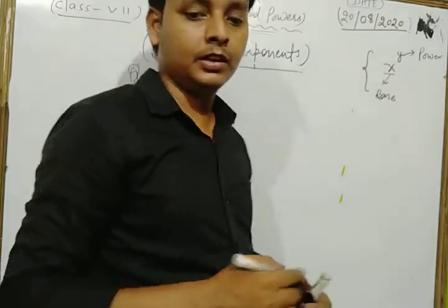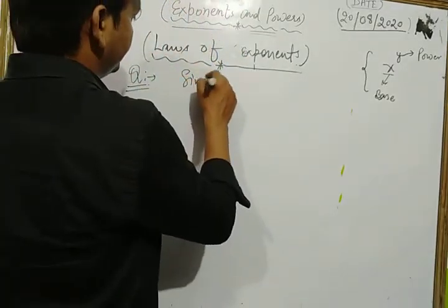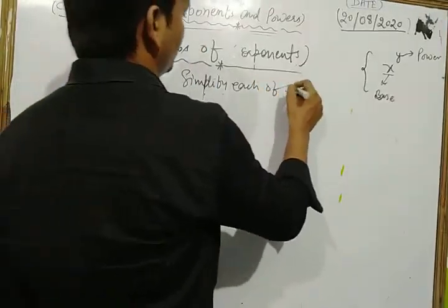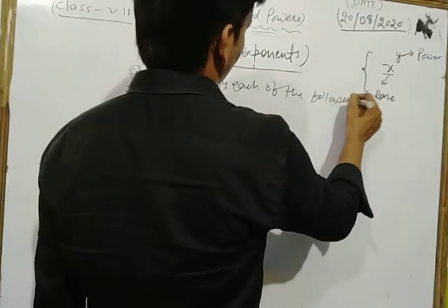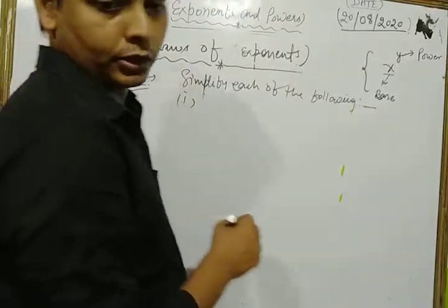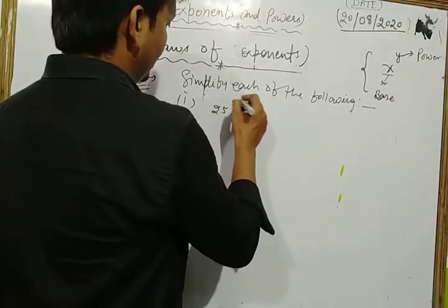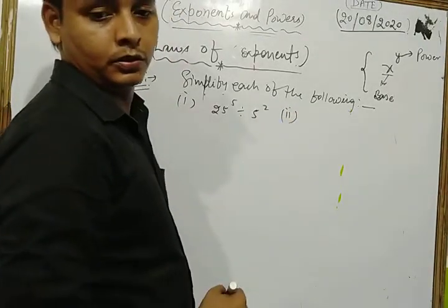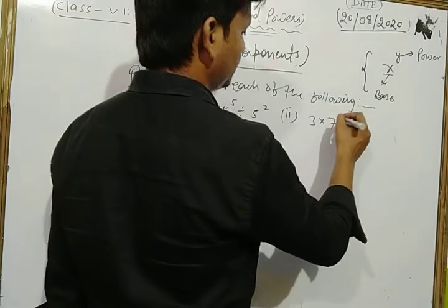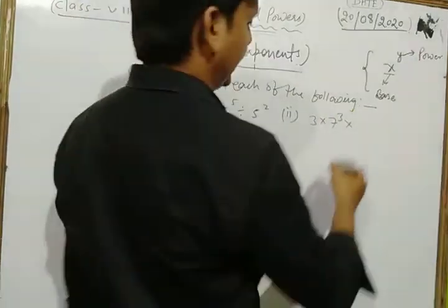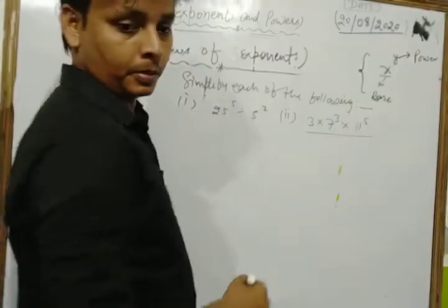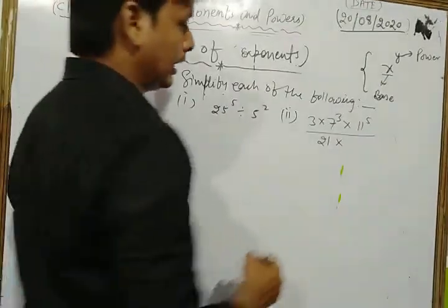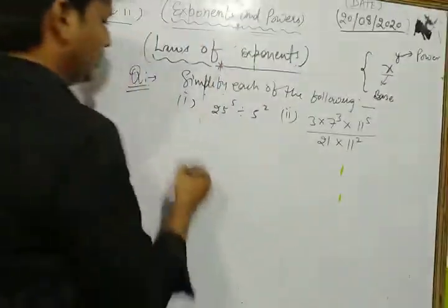We take a question, simplify each of the following. First one is 25 to the power 5 divided by 5 to the power 2. Second one, 3 into 7 to the power 3 into 11 to the power 5 upon 21 into 11 to the power 2. And third one is,